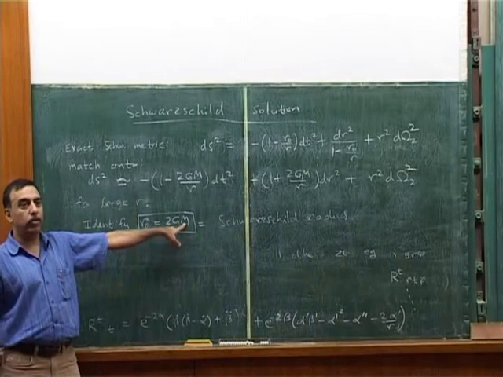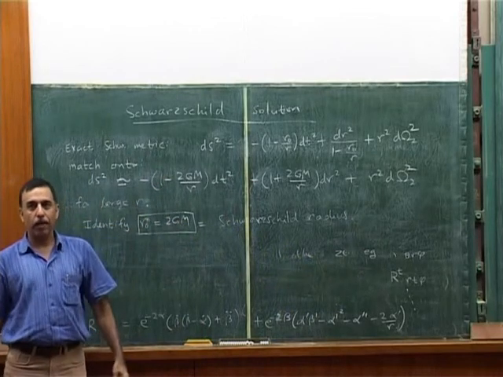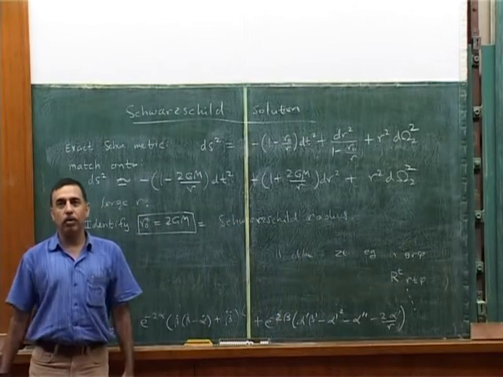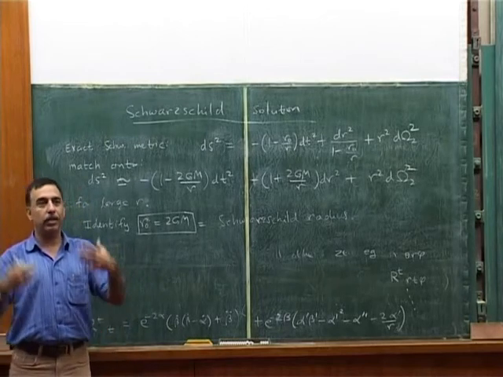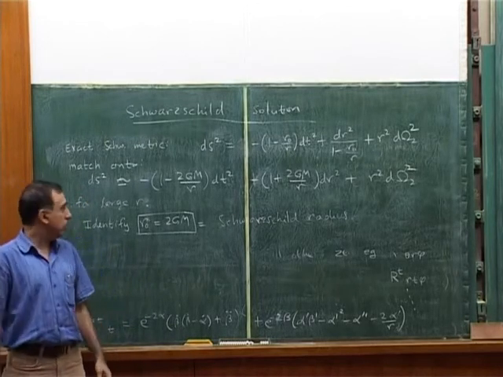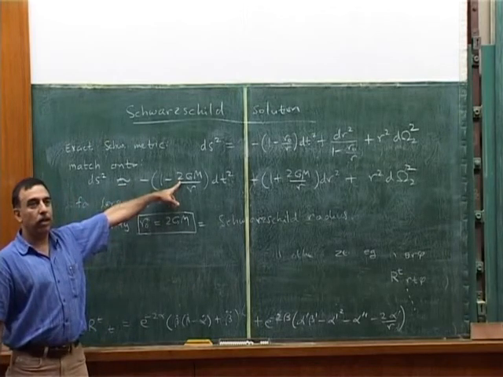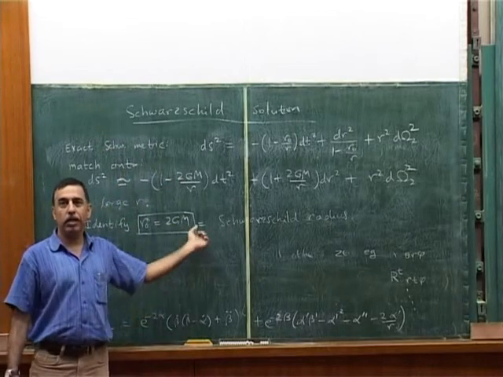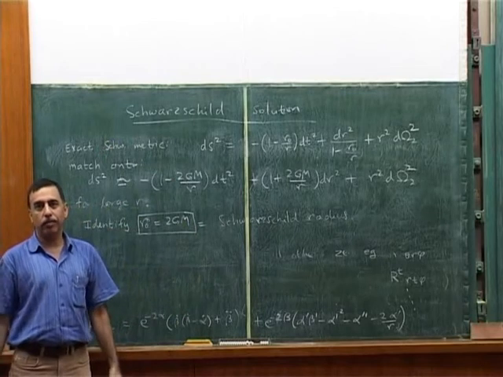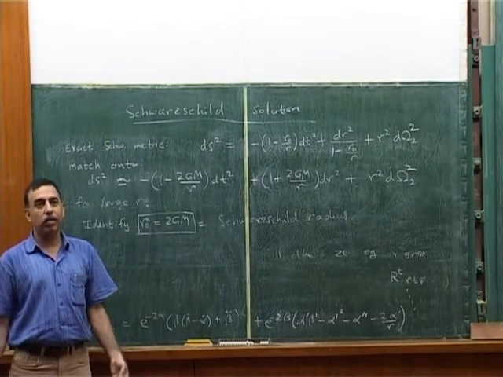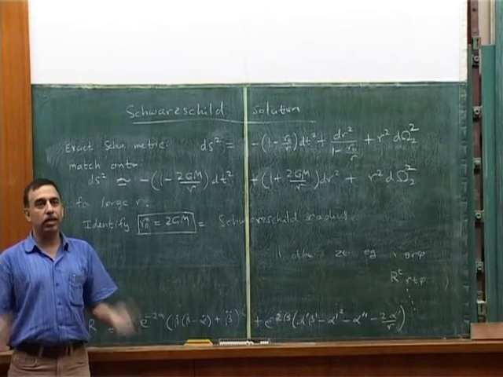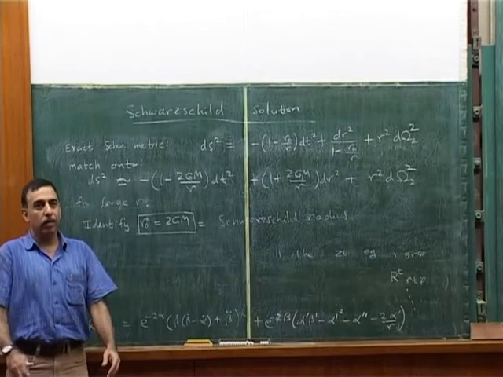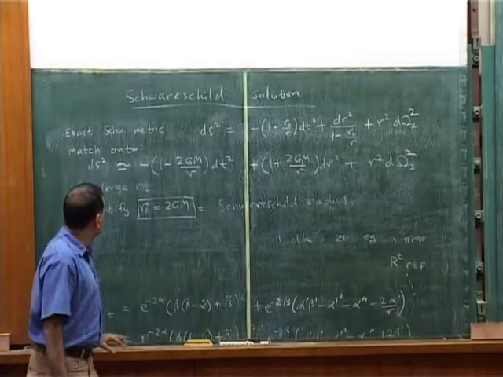M is the mass of the body whose gravitational field we think that we have found, although we never actually looked inside the body, we simply found the gravitational field outside. In Newtonian physics, we would have used Gauss' law to determine that the integration constant is the mass of the body. Here instead we matched on to Newton's gravity from general relativity and determined the integration constant. But either way, it's not a surprise that it comes out to be the mass. If we got any non-trivial solution of Einstein's equation in vacuum, it better be associated with the mass of something. Otherwise it would be rather absurd. There would be a gravitational field which was just there for no reason. Okay. So this is good.